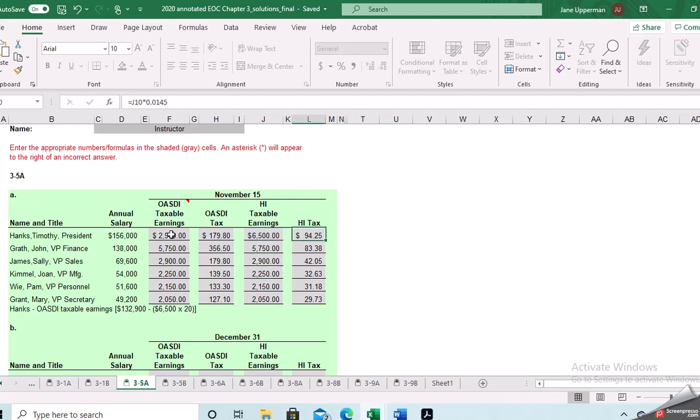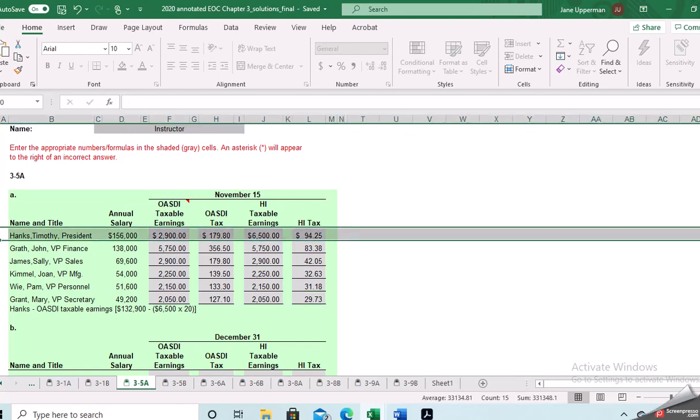And then we come over to this cell and we can see it's our Medicare taxable earnings times that 1.045%, and that comes up with the tax, and that should be the same for all of those cells. So then really the key to it is just this first one, looking over that guy, because he will not have to pay the Social Security taxes on any wages over that